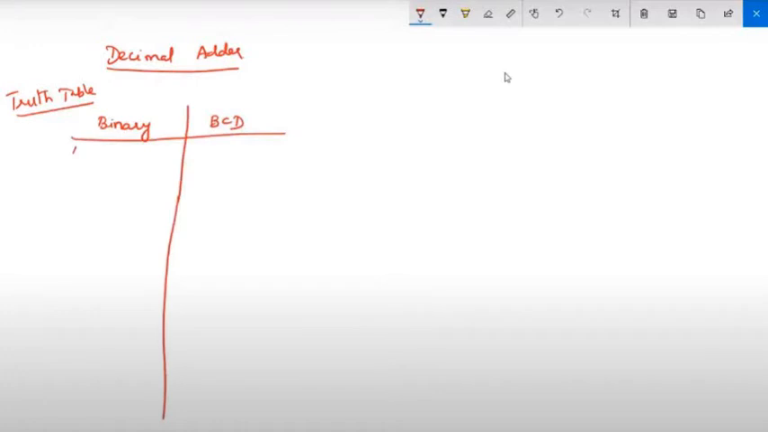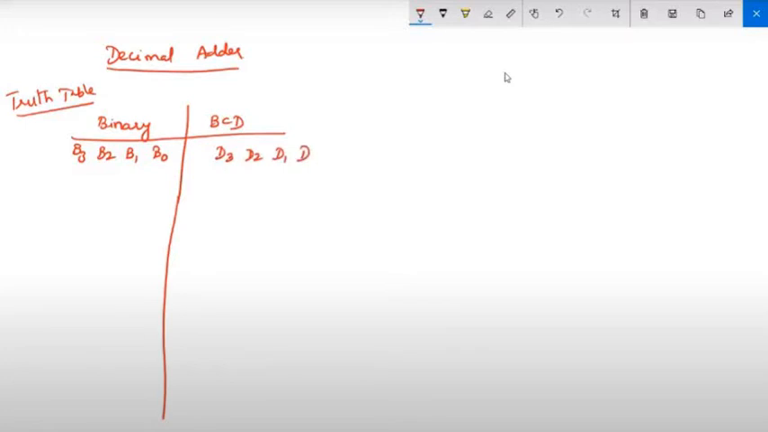Decimal adder. We know what the binary number system is. We are going to find out what its BCD number system will be. BCD stands for binary coded decimal. Let us name the binary inputs as B3, B2, B1 and B0, and the BCD outputs as D3, D2